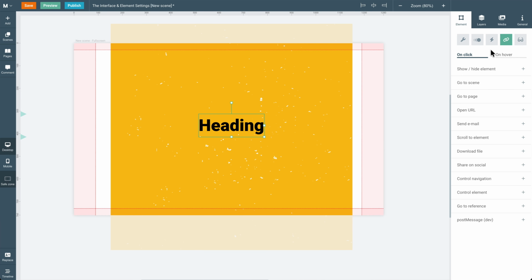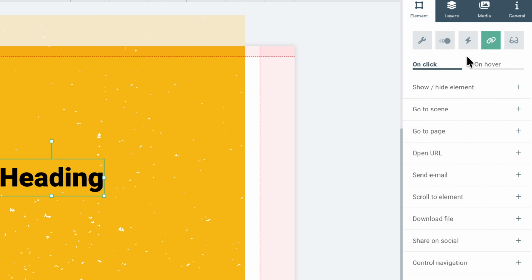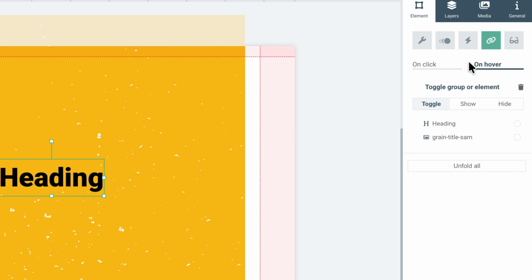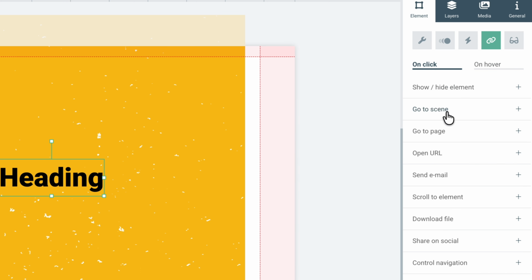However, effects alone don't make the element clickable yet. And that's where the fourth tab, or the interactions tab, comes into play. Here, I can set up all types of hover and click interactions for the element to perform when a viewer interacts with it. I can control, enable, or disable other elements, navigate to another page, download files, just to name